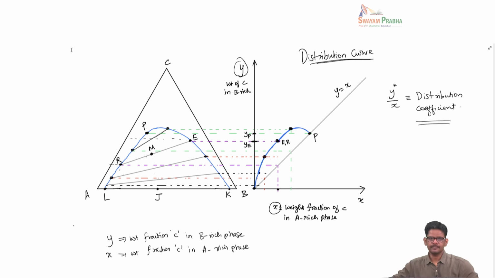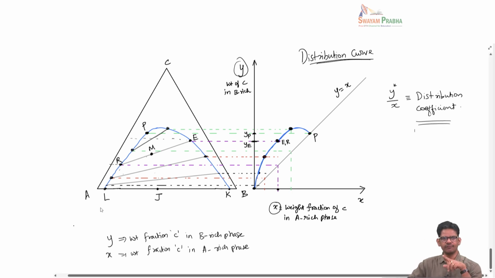Now I am going to introduce just one more way of representing this phase diagram. Even though this ternary diagram is very good, the equilateral triangle is a very good place to see that the pure components are well noted, and the binary and ternary two-phase boundary is well represented. But when we actually do the mass transfer operation of extraction, many times the amount of C is never pure. So the amount of C is always less. So we are probably interested only in the lower part of this plot. So it makes sense to rescale this in such a way that we are able to change the amount